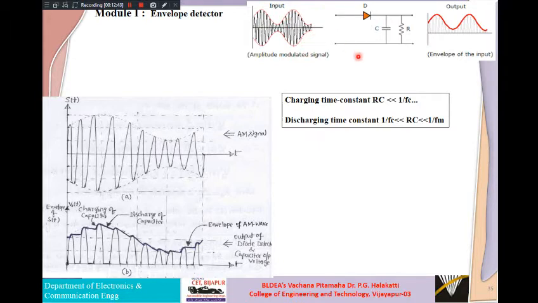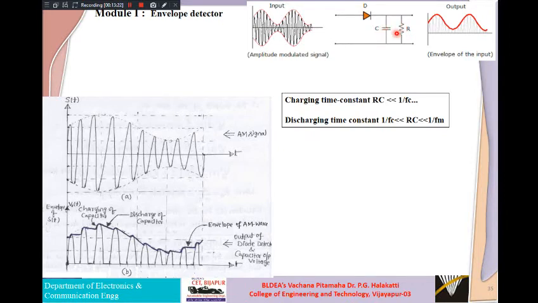out of this amplitude modulated signal. So in this way, we have seen that in the whole operation of the envelope detector, the main duty of the diode is simply an ideal switching element, so that it will be on during the positive peak, first half of the positive peak, second half of the positive peak, and to the next successive first half of the positive peak, it will be off only. In that case your capacitor will be discharging. And the second main part is the RC filter, where it will contain R and C elements.